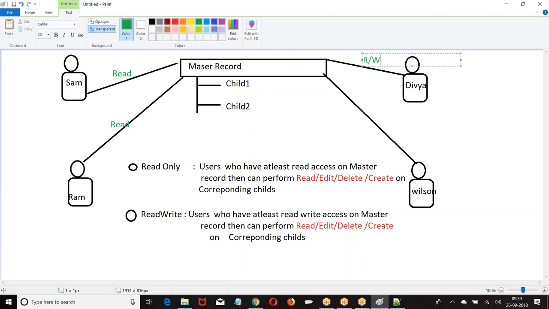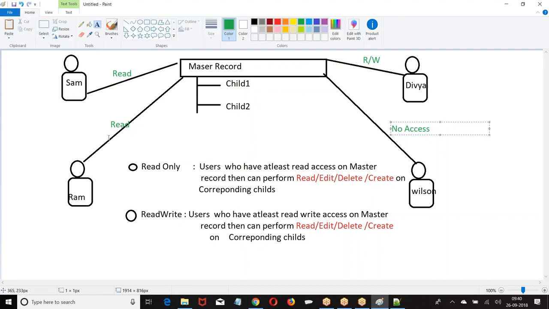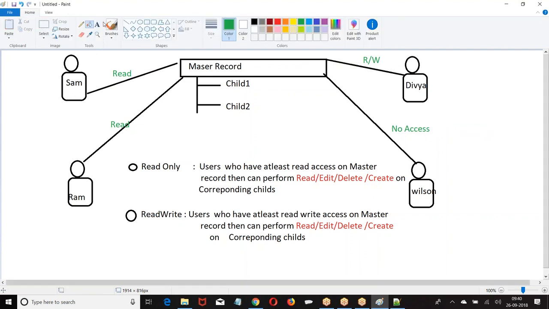Divya has read and write. I was supposed to choose any one, either this or this. I have chosen the first permission. If I choose this, what does it mean? All the users who have minimum read permission on master, they can perform create, edit, delete on the child record.